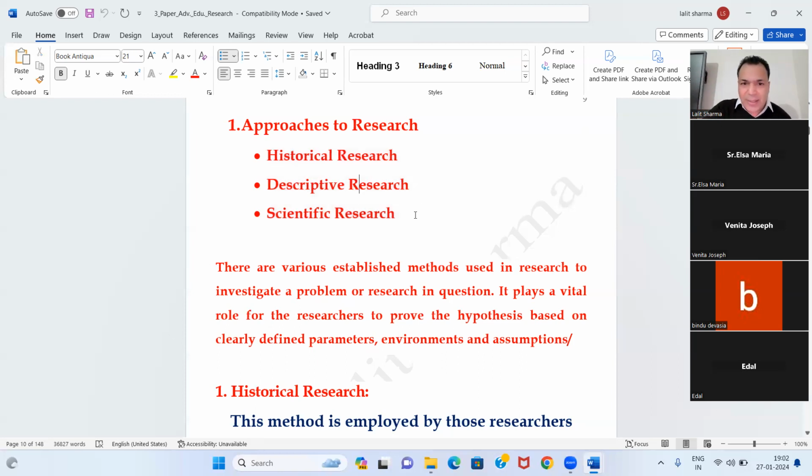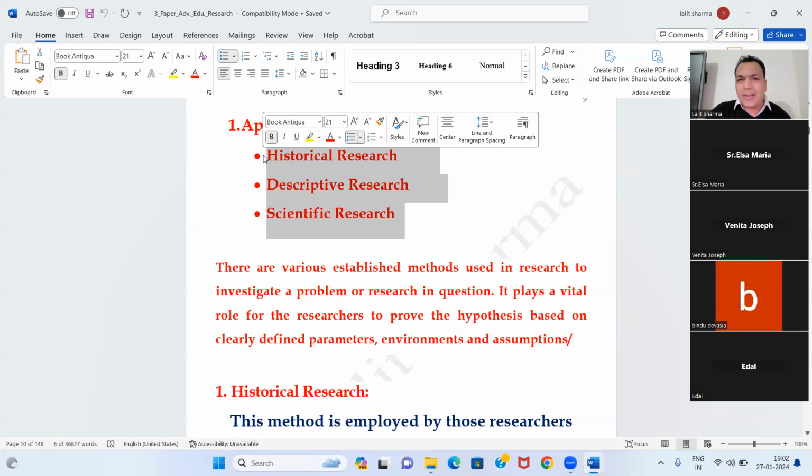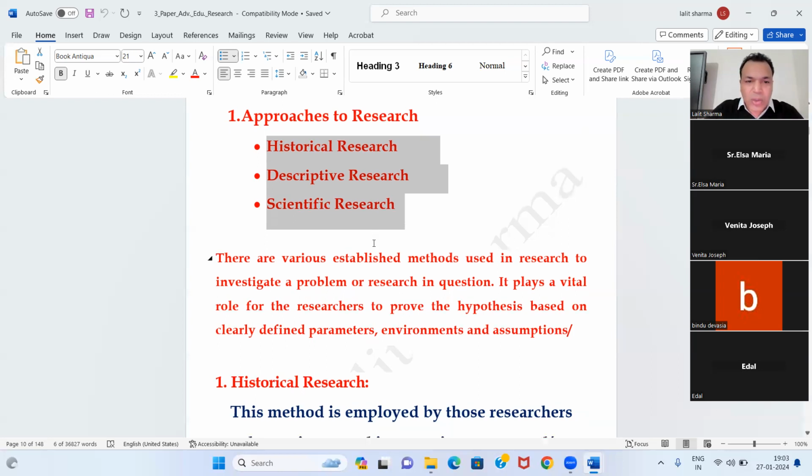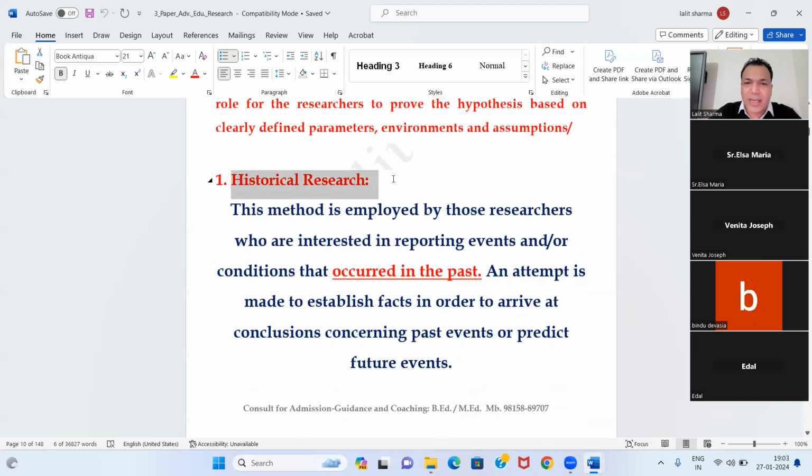So guys, there are three methods in our syllabus. There are many methods of research, but three methods are in your M.Ed syllabus: historical, descriptive, and scientific. Please understand the meaning of all three. Historical method, ये देखिए, historical research या method, it is used to